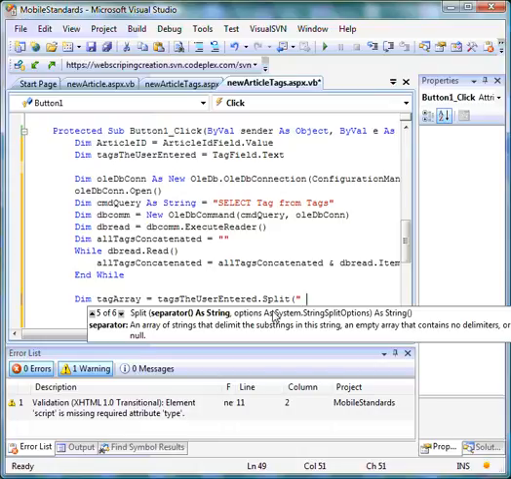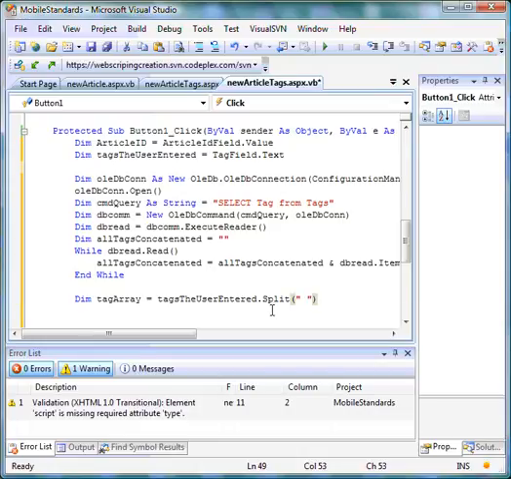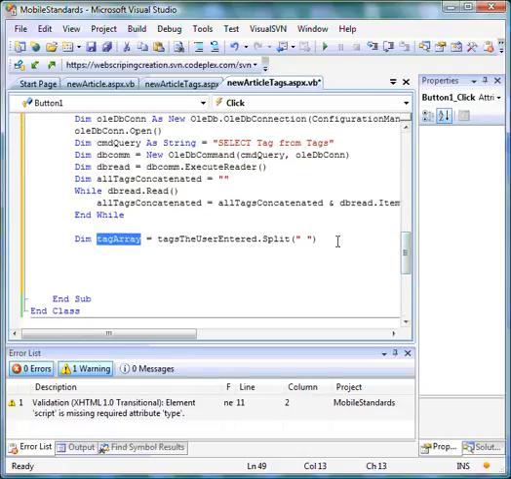Okay, and I'm just going to put a quote and a quote, and that's just going to be a function which will turn tags the user entered, which is a single string, into an array of strings. Now then, what we're going to do is go through that entire set of strings, and